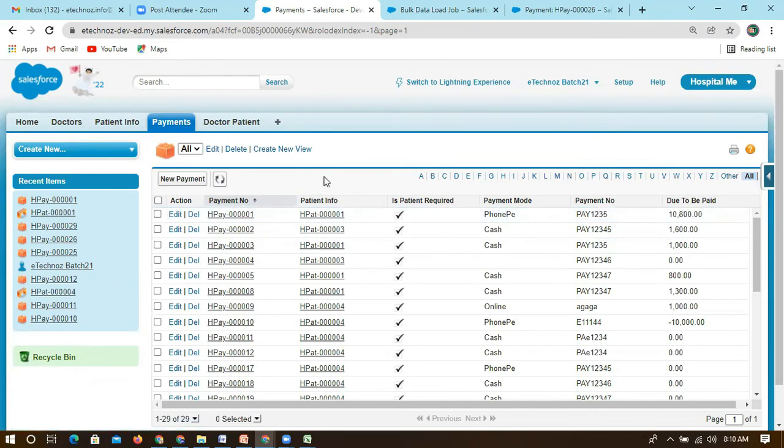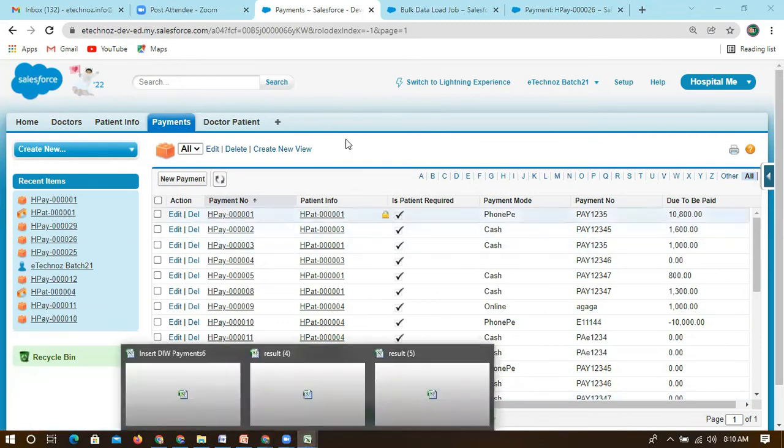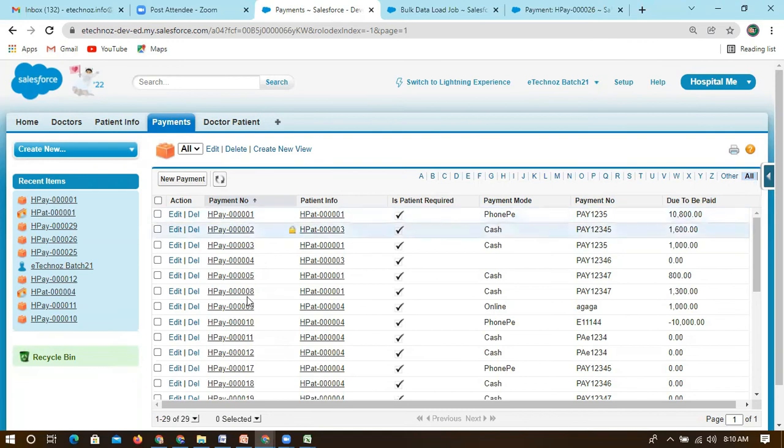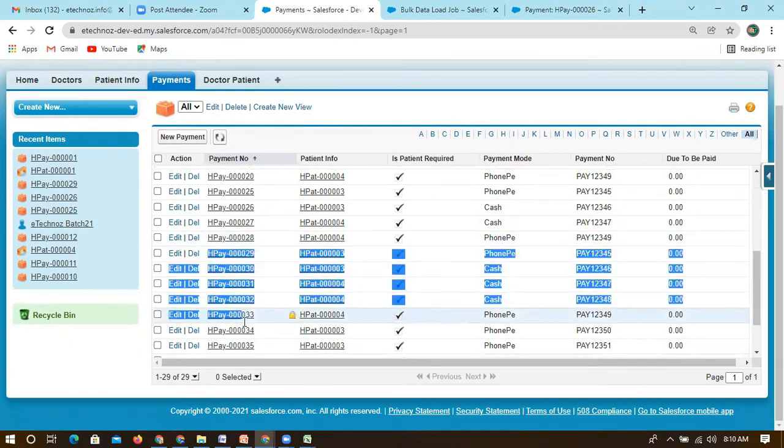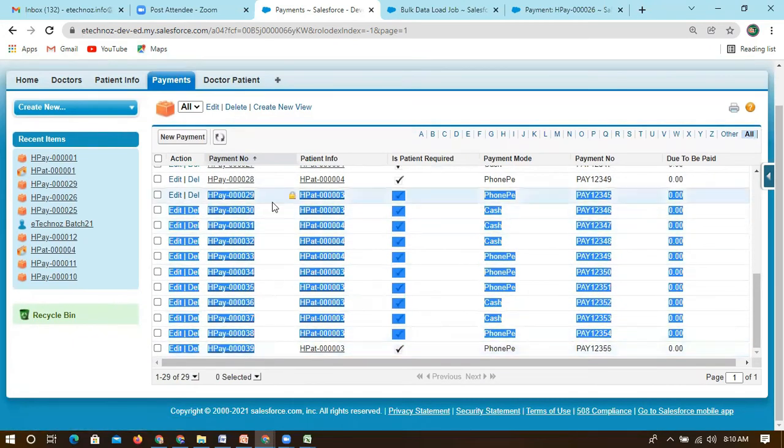Likewise, if I want to do a bulk operation, this is a single one-time change that I can do. But if I want to update up to 50,000 records in bulk, how can we do it? That we will be checking now. We will use the same Excel format to update the data. From 29, the last 11 records, I'll be getting these IDs, and these IDs I'll be updating. This is the data I want to update.